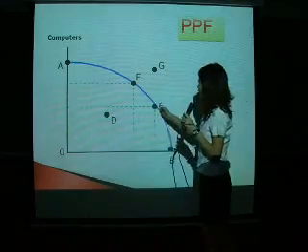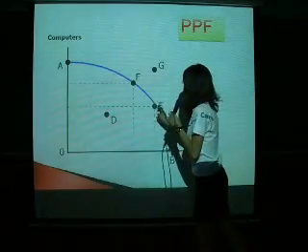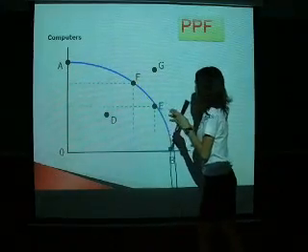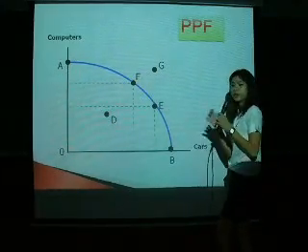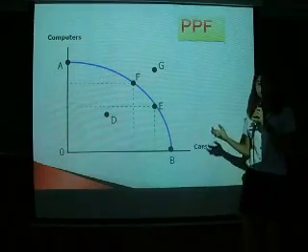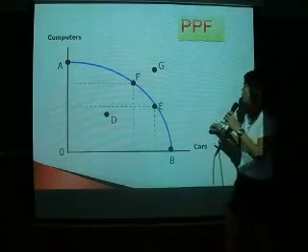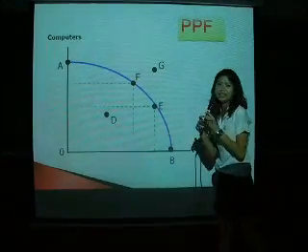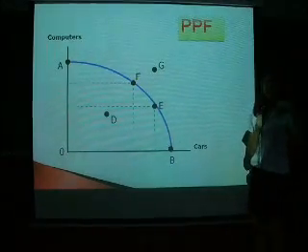Next one is point E. And the next little point is the combination point of E and F. It means that we use the resources that we have efficiently, and we use the resources at the most productive. And it can happen in the case that the technology is